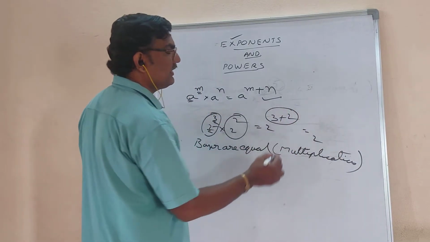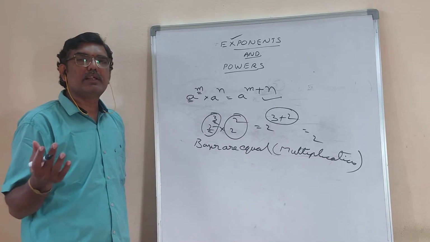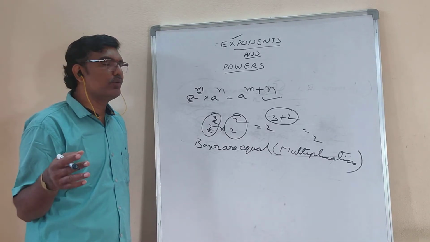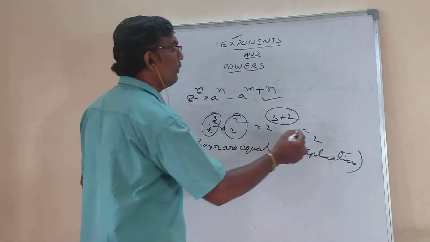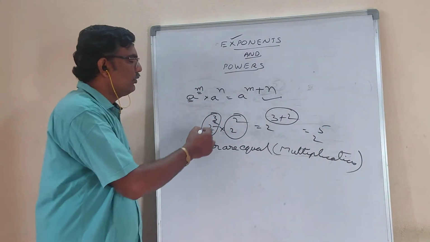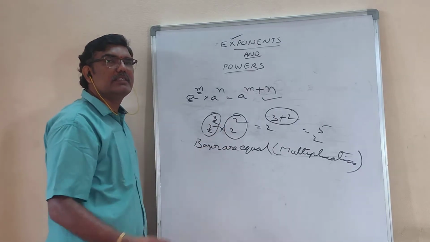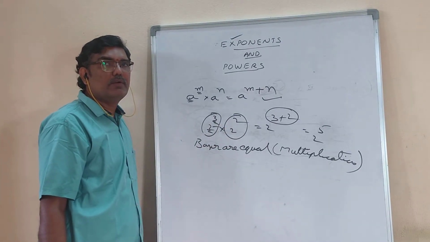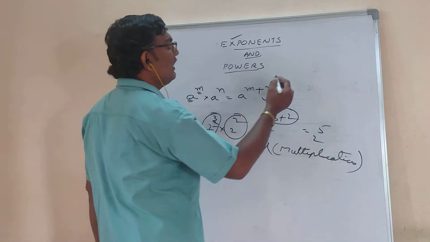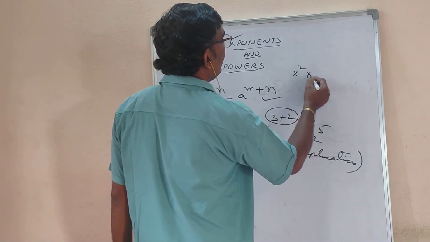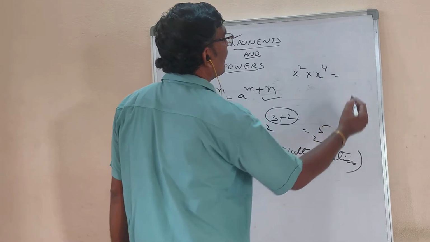Here you have 3 plus 2. Your mother gave 3 rupees to you, your father gave 2 rupees to you. How much will it be? 3 plus 2 is 5. 2 power 5. So 2 cube into 2 square is equal to 2 to the power of 5. Okay. So if anyone asks x square into x power 4,